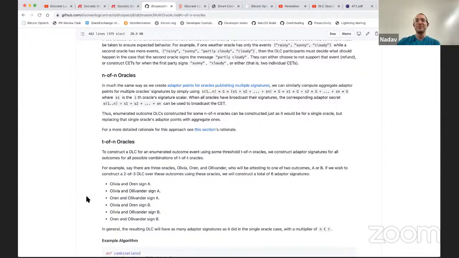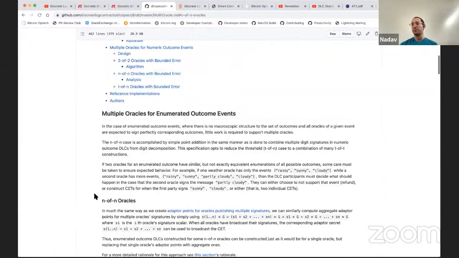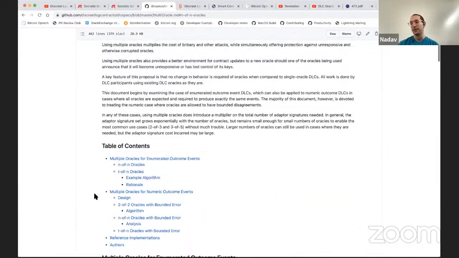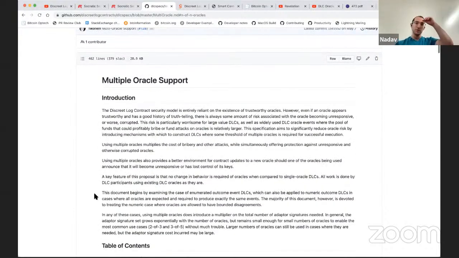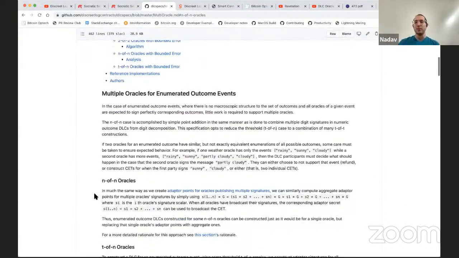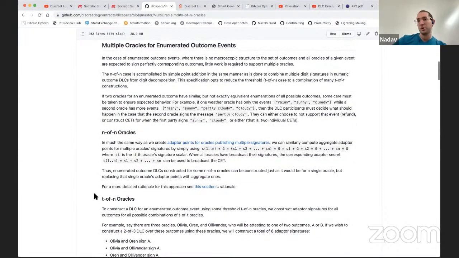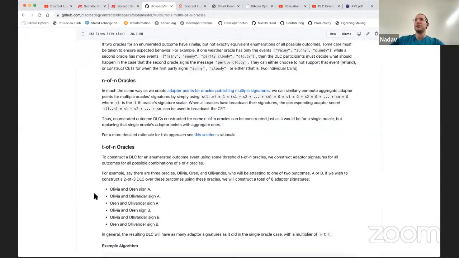So it's quite a bit more complicated, and this is one of the biggest things we've done that isn't outlined in the white paper, or even mentioned really, what approaches can be taken, and we had to develop our own algorithms and approaches. But multi-oracle support and numeric contract support more generally uses some clever tricks that I and a couple others have come up with to essentially enable multi-oracle numeric contracts that even allow oracles to not be exactly the same number to the last digit.